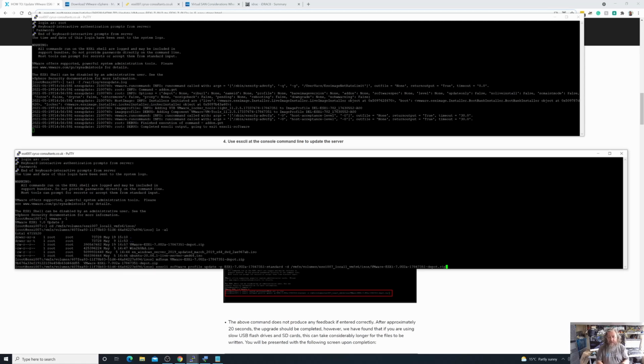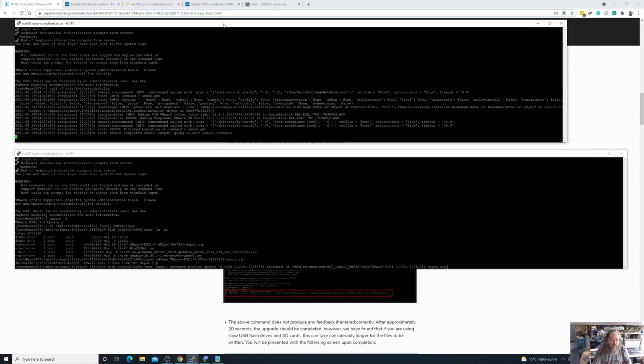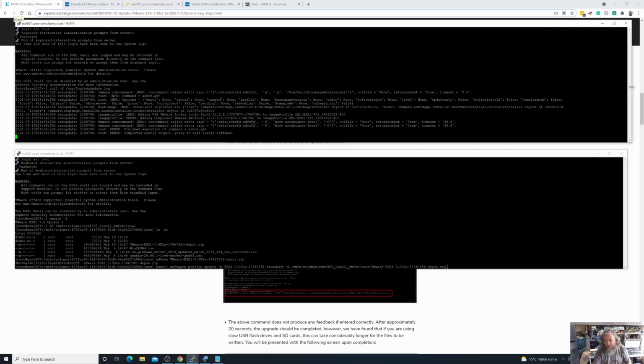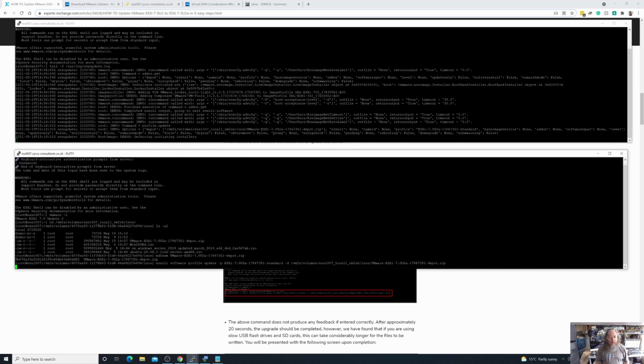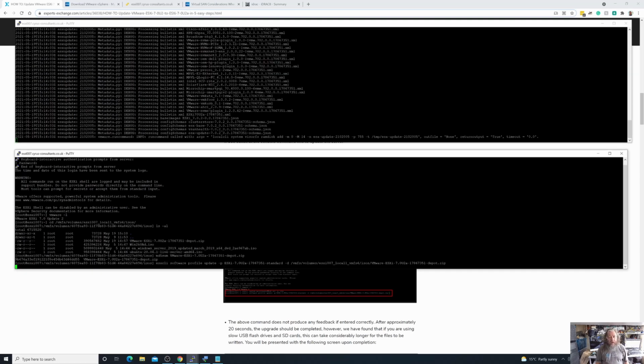The moment I hit enter, we should actually see the tailed log above start to scroll down as it goes off basically and starts to apply that update. It's obviously not going to go off to the internet because this is basically a local deployment. So I'm just going to select that SSH connection, and I'm going to hit enter, and we'll start to see very quickly,